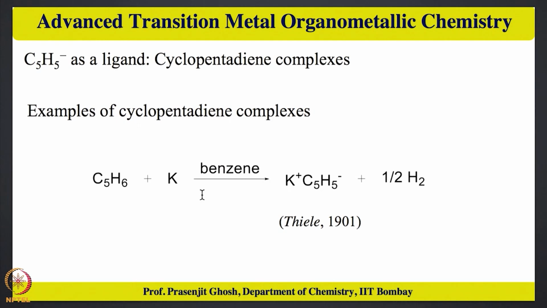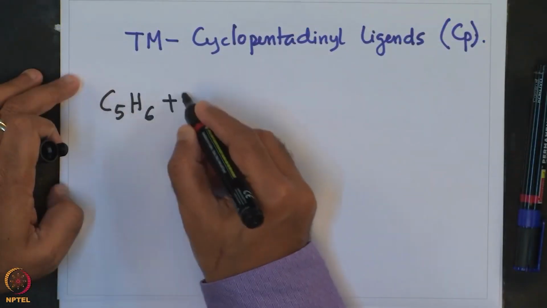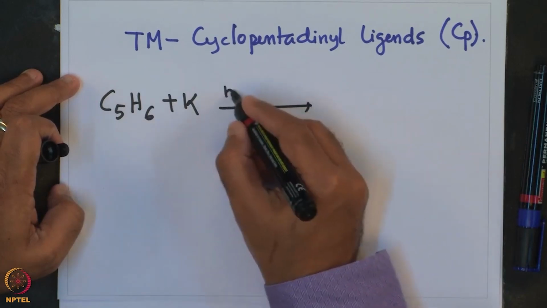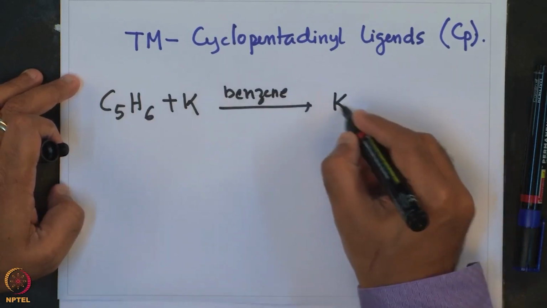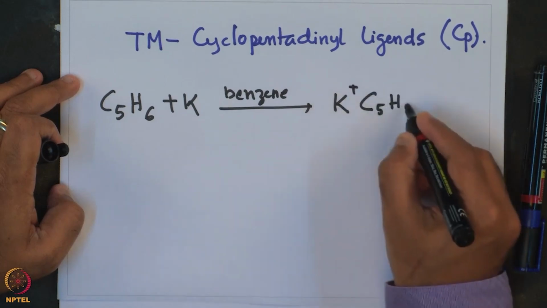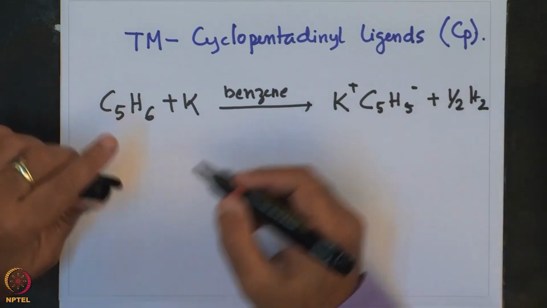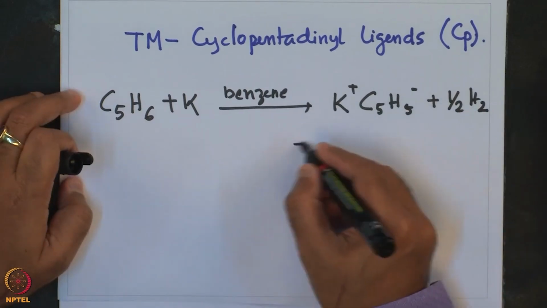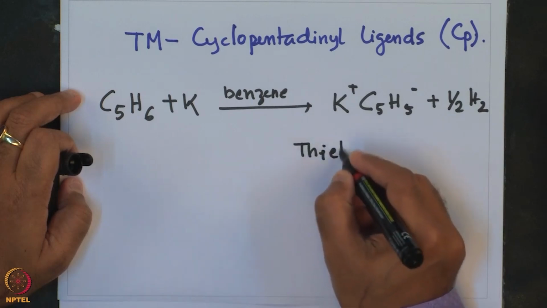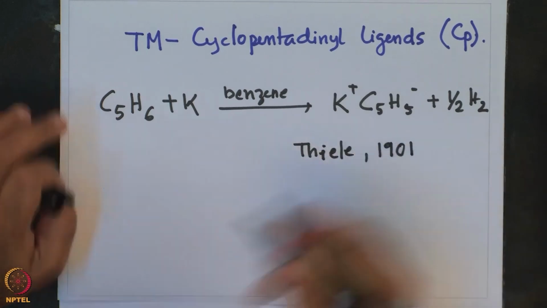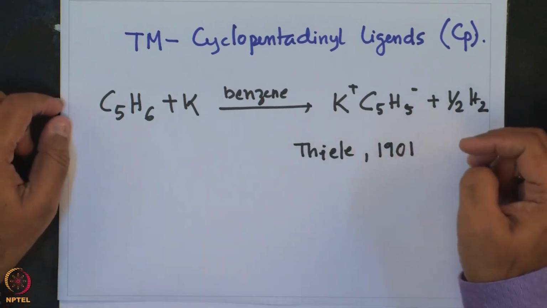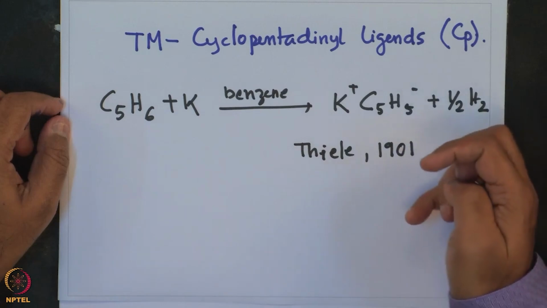So, the easiest way of preparing these compounds starts from the reaction of cyclopentadiene with nascent metal. For example, C5H6 plus potassium in benzene gives K plus C5H5 minus, along with generation of hydrogen. Now, this was done by Thiele way back in 1901. Now, one interesting aspect about organometallic compounds is that many of the compounds were reported to have been synthesized